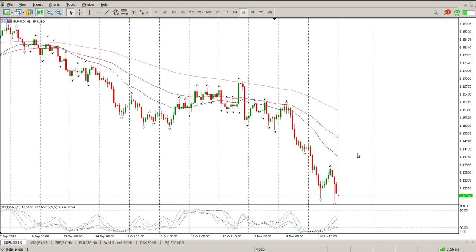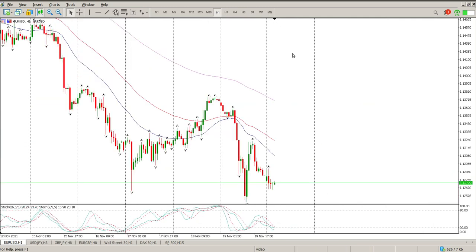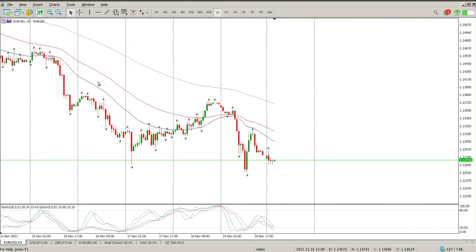So starting off with the Euro USD, and we've had pretty much 2 weeks of downward momentum, and there is nothing here which is indicating a level to sell off and join this party at the moment. So if we look at the hour, you'll see some micro levels that we need to pay attention to. So first one is right here, what we're rejecting at